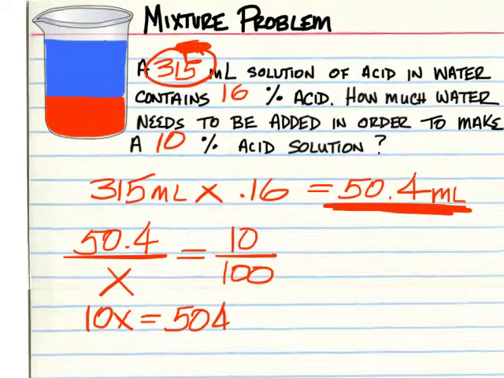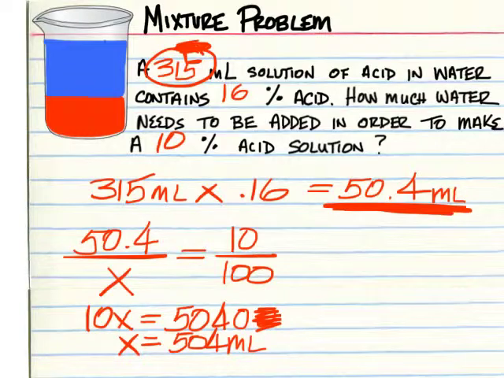504, and you must move the decimal place one place, two places. Actually, it's just two places. So I need to get rid of this one. Move it over two places, and you should have 5040. Divide 5040 by 10 to get 504. Now that's how much the contents must be of the new volume. So it would be 504